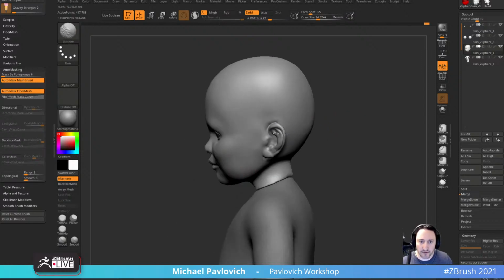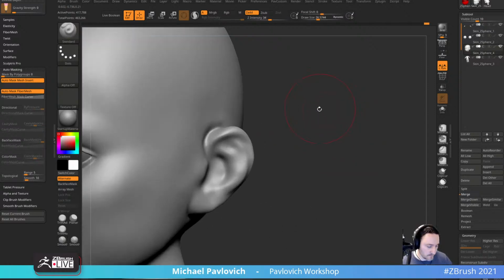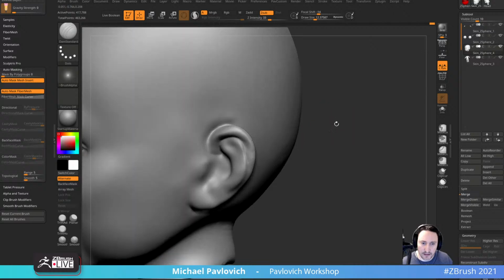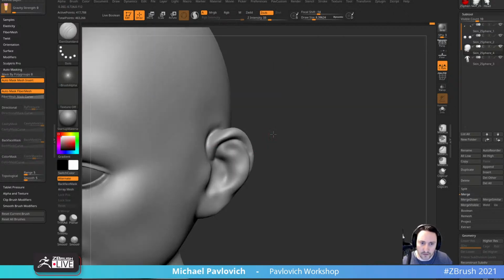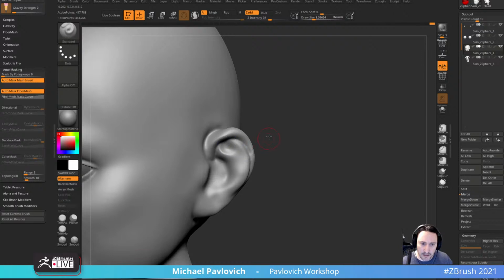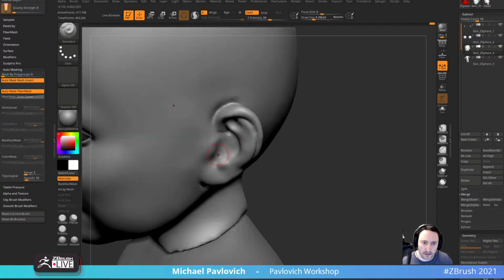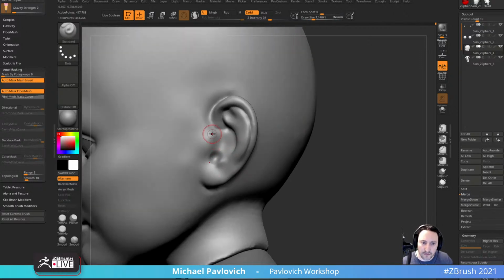All right, and then when we ZRemesh this, we can make a lot bigger changes. That'll be easier. We got our details kind of locked in-ish, and we can go through there and do what we need to after we ZRemesh, but we need to get the body up to speed. We also got to figure out what kind of costuming we want for this thing and all that good stuff. So we'll go ahead and